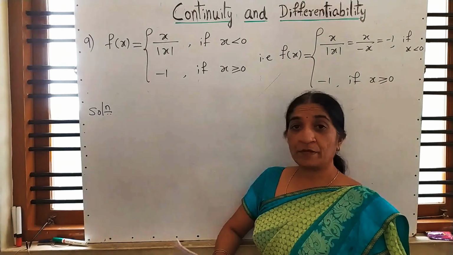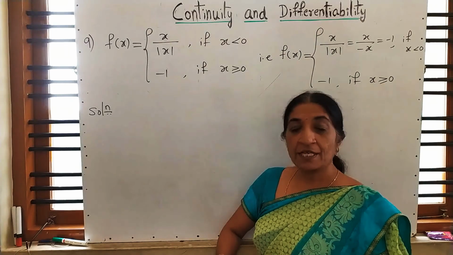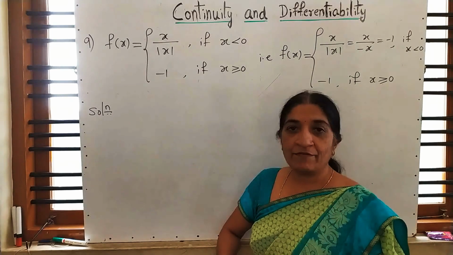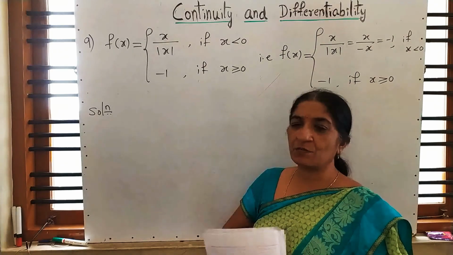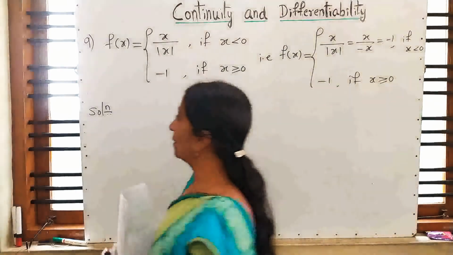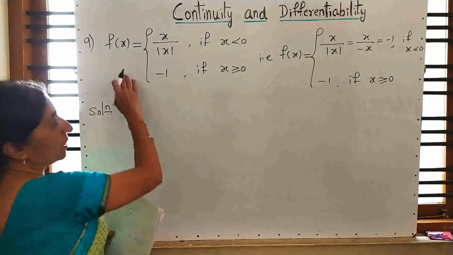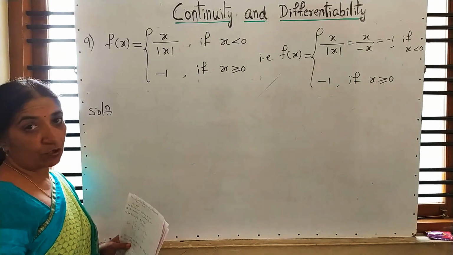So in the Siddhapur Mathematics Academy, we already started the chapter continuity and differentiability. In the last class, I gave some questions as homework. So first I will solve that homework question, then I will move to the next question of exercise 5.1. See here, the homework question. We have to check the continuity, that is where it is continuous, or check the point of discontinuity.